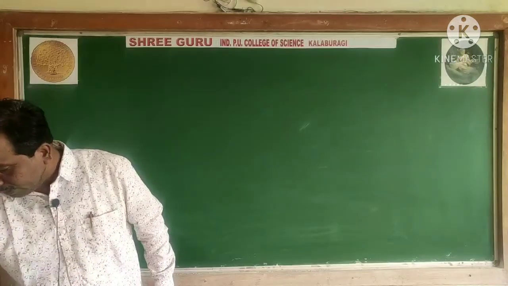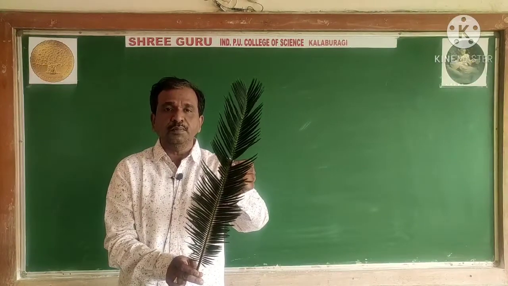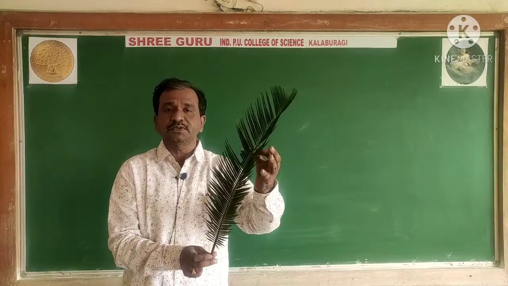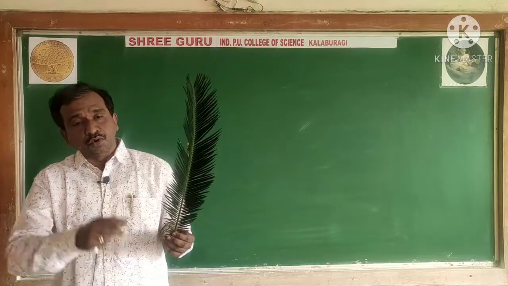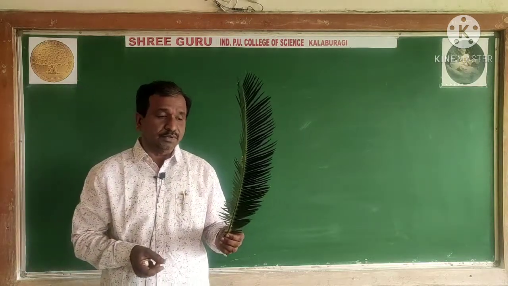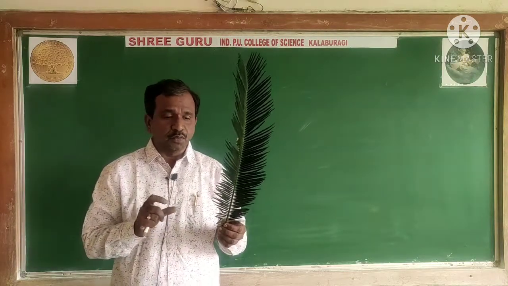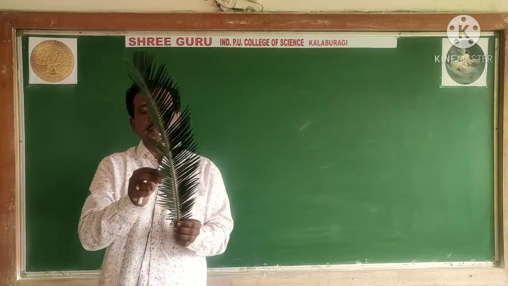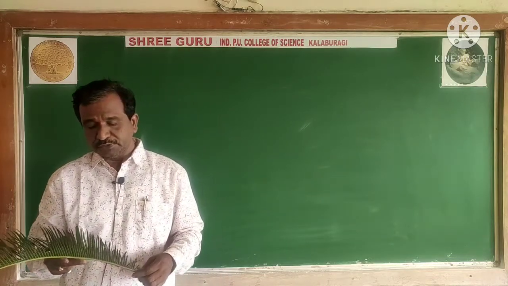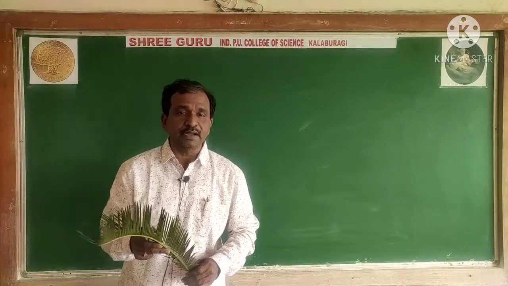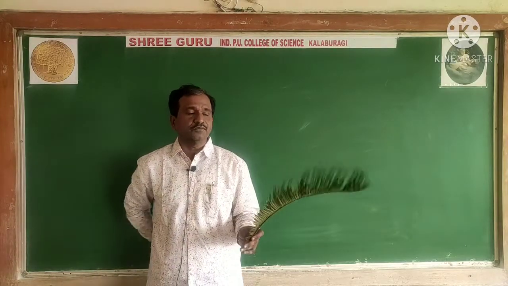Something like this may be at home, but we don't know whether this comes under gymnosperms or not. These grow in cold climatic conditions, I said. Why do they grow in cold climatic conditions? Because they are supposed to develop cones. So the growth of the plant which may take place in this area will be affected by fluctuations in the climate which may occur. That is why growth of such plants is not found.